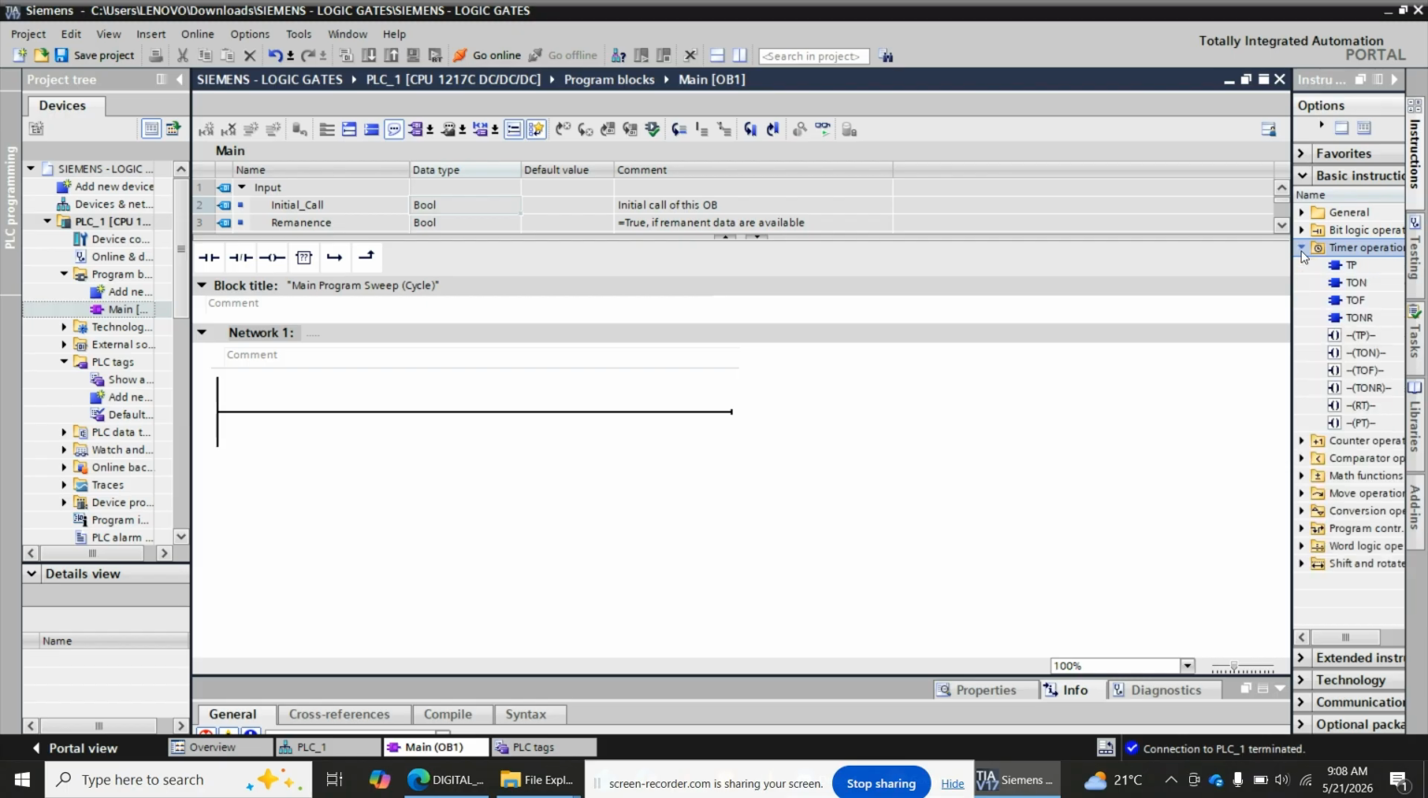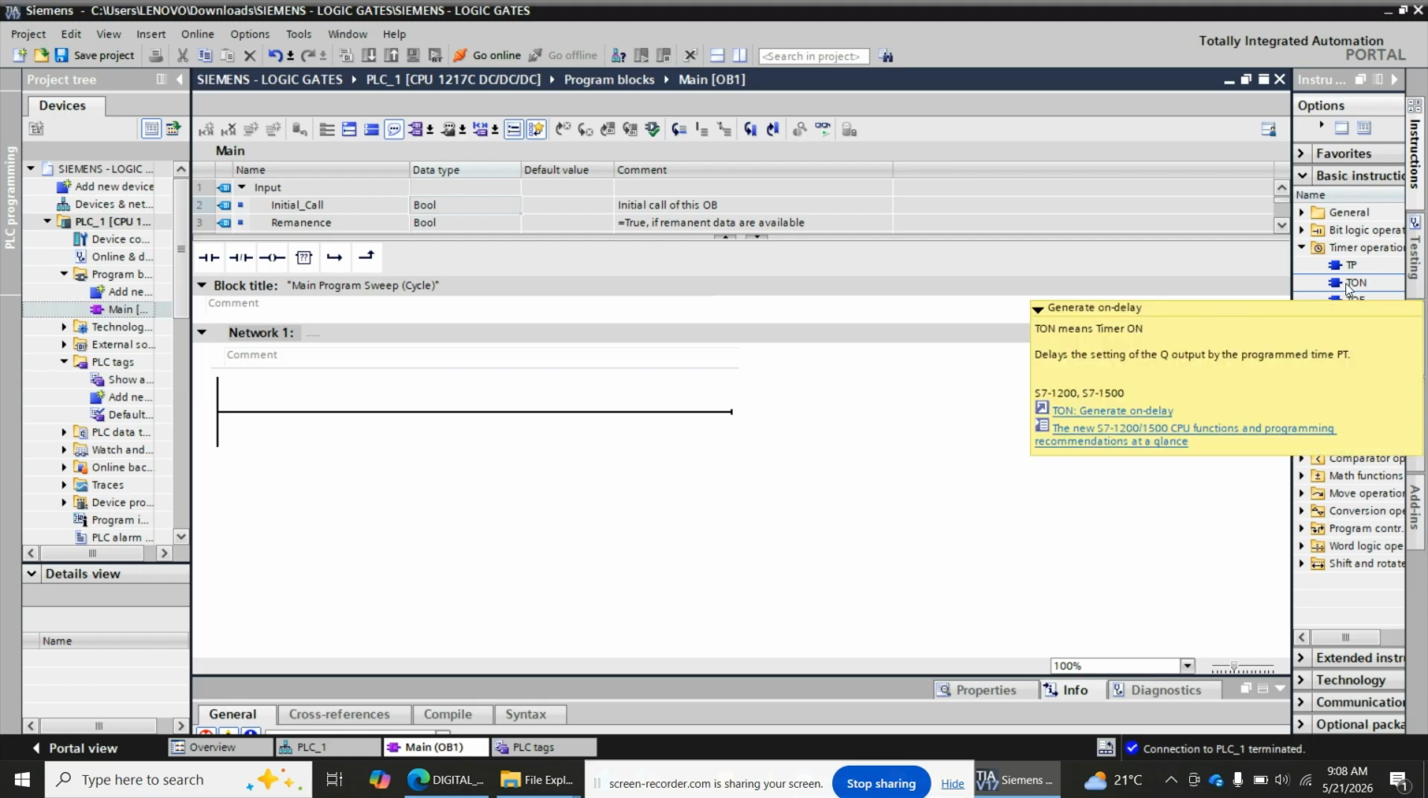And on timer operations, tunaanza na timer on delay operation. So this one, timer on delay operation, TON. So timer on delay delays the setting of the output by the programmed time, preset time. Okay. So generally